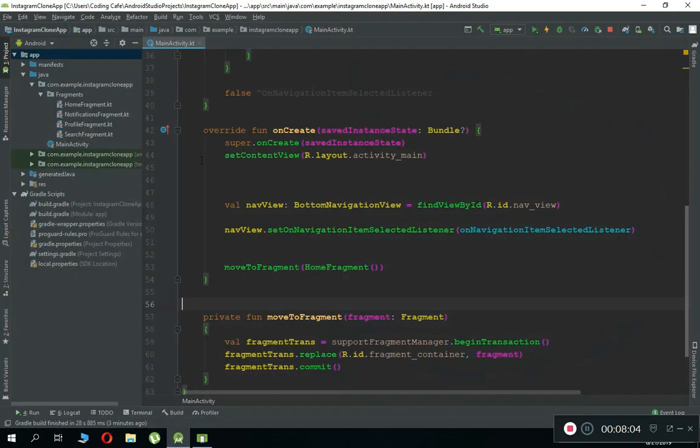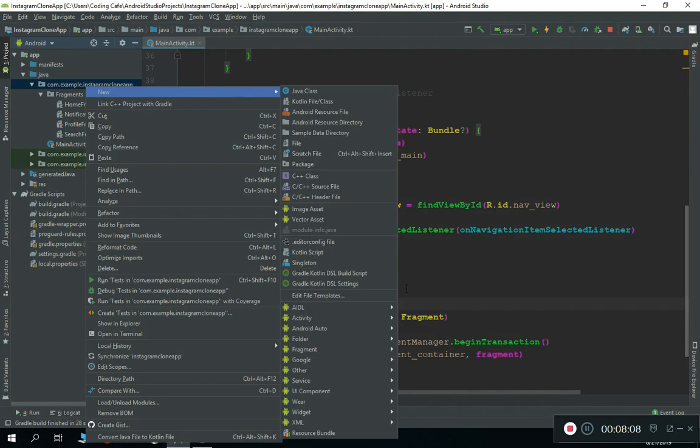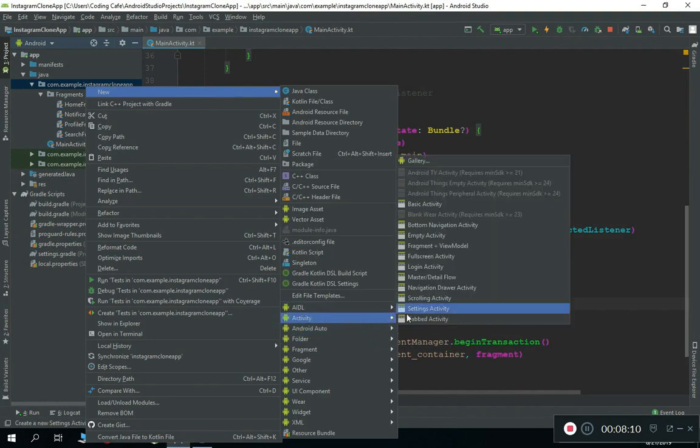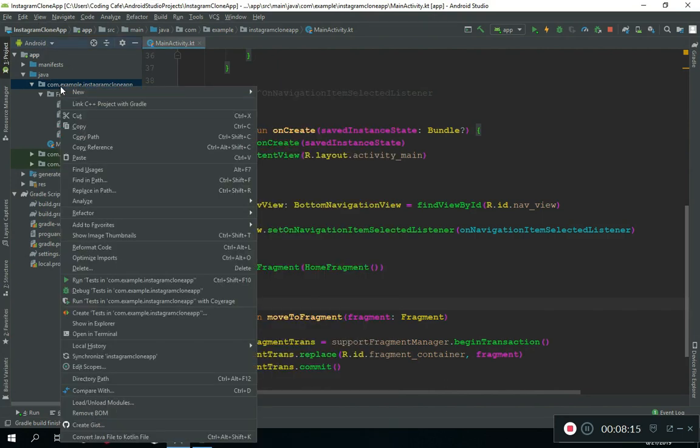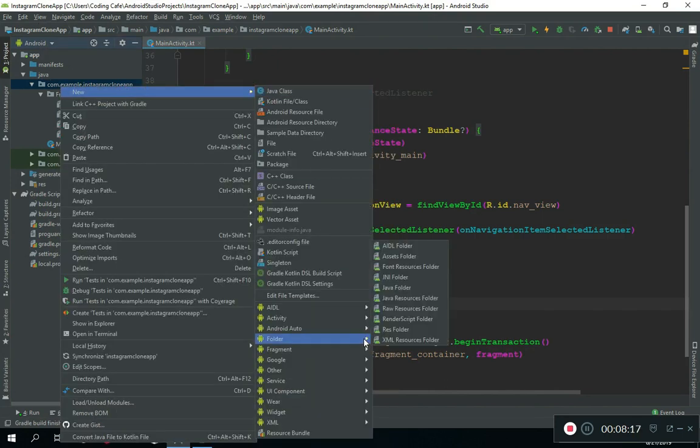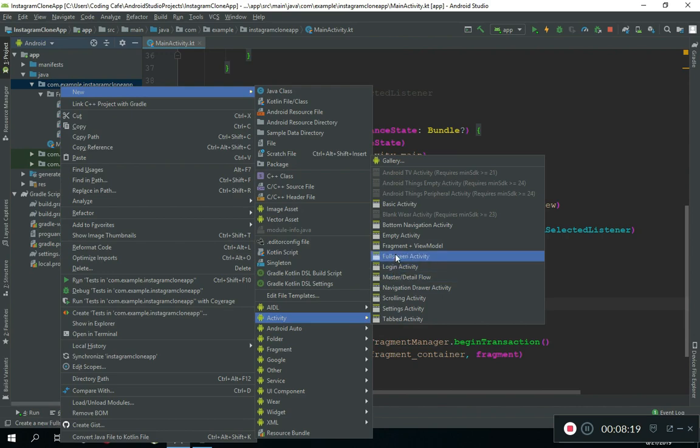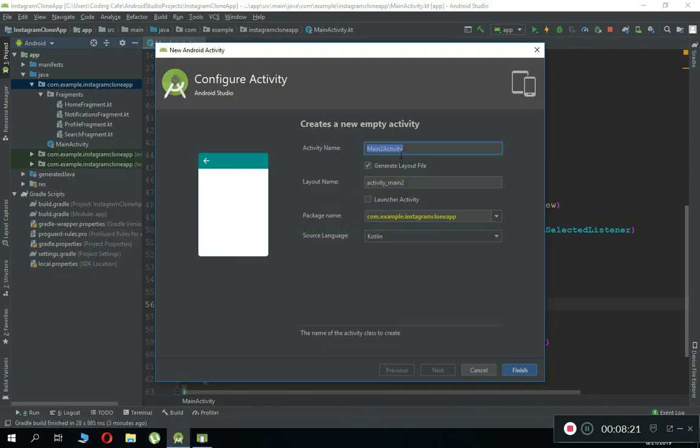So go to the Android Studio and let's just quickly create our account settings activity, empty activity, and make sure to click on your package name. Okay, new, activity, and then an empty activity, and we are going to give it the name account settings activity. Then click finish